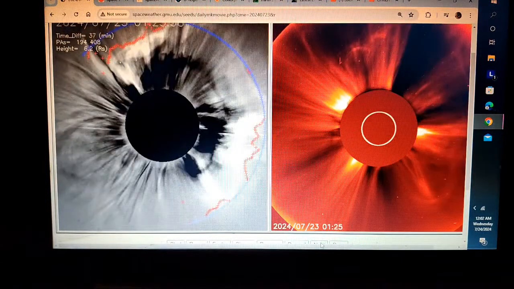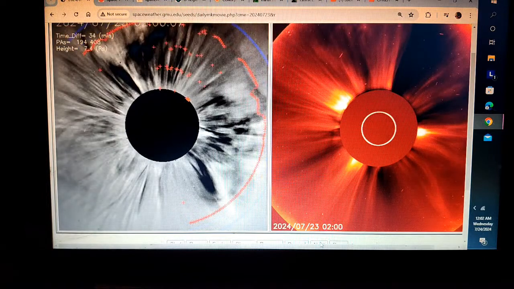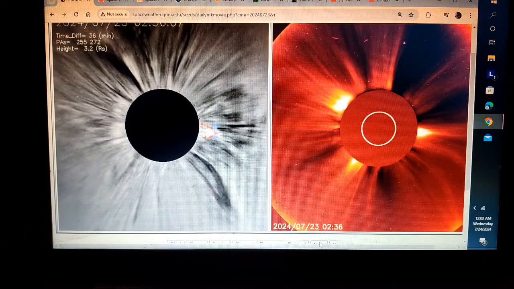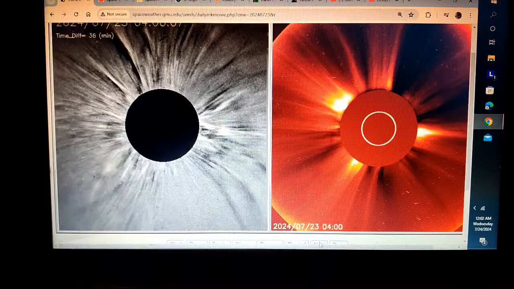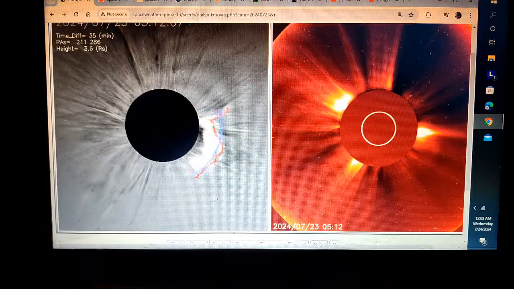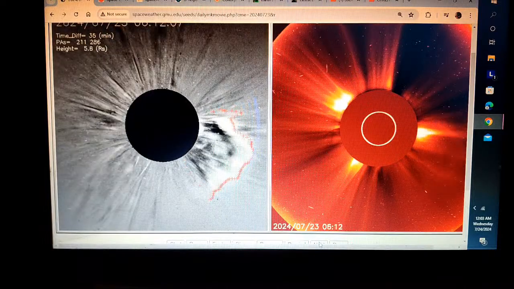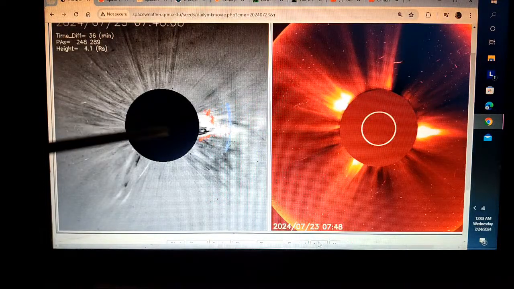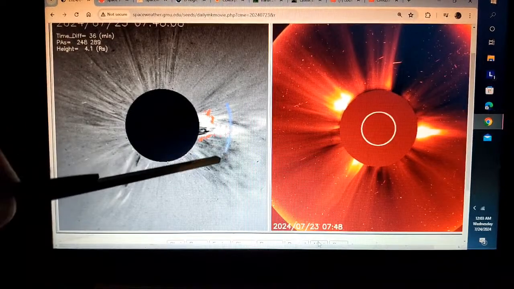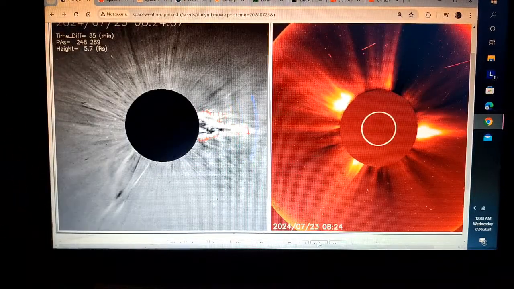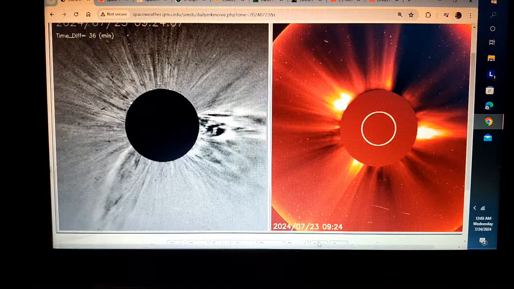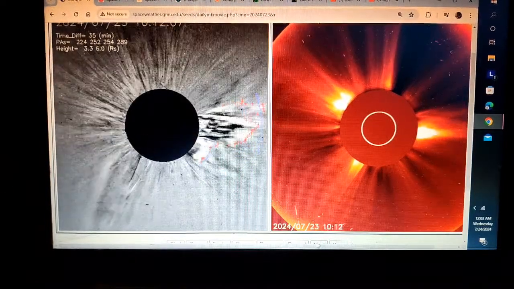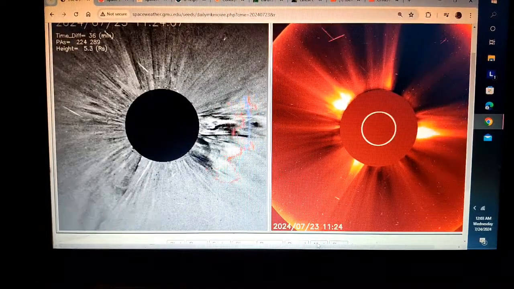Here's our full halo backside CME that we talked about last night. That was the opening frames, and we were able to catch that event last night. We already talked about that one. Here comes a little one off the side here. That's not the one I'm too concerned about. You can see our little object right in this vicinity, right in here. Another one coming out or interacting.